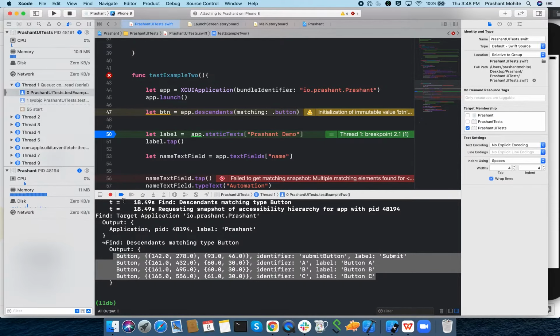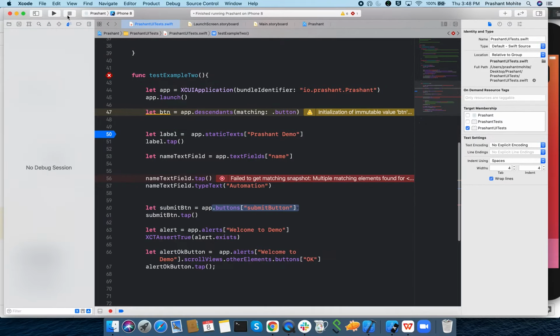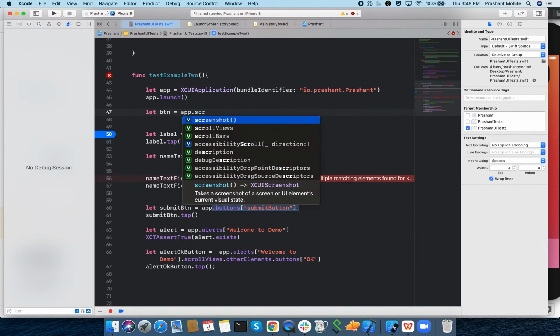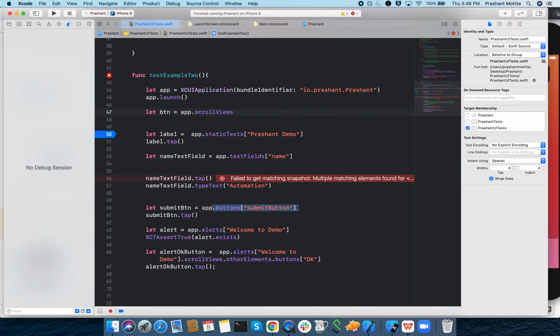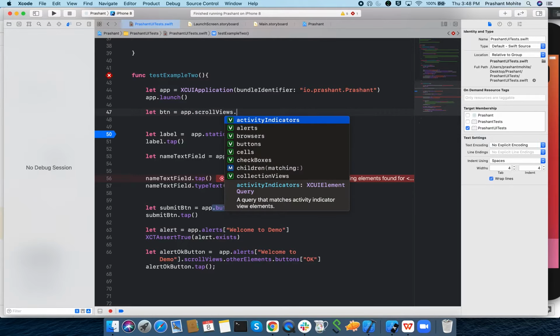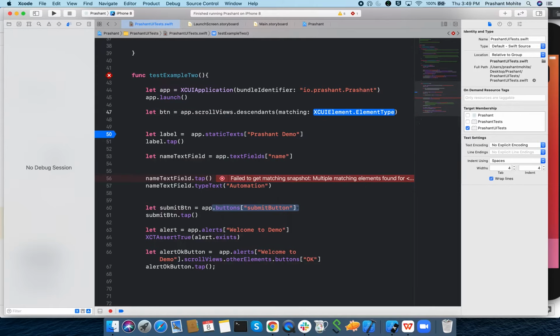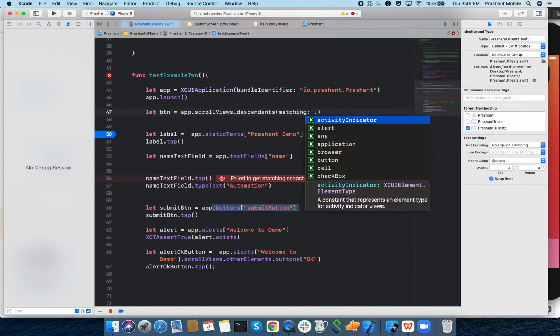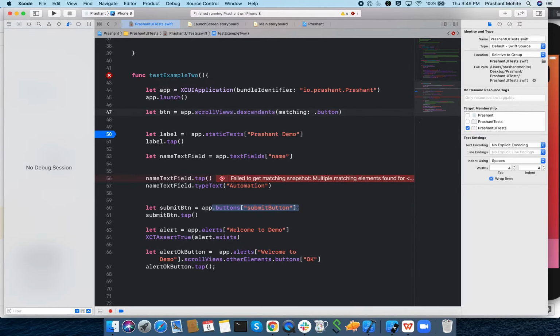Just terminate this. I don't want to run the whole test case. Now if I say I need a button inside the scroll view, in the app there is just one scroll view, and inside that scroll view I need a descendant, and I say that I need a matching type as button.